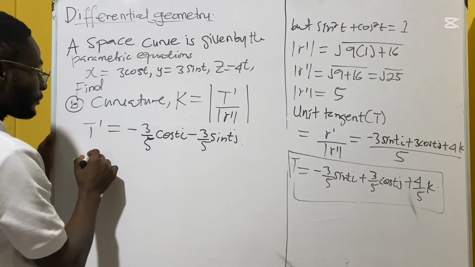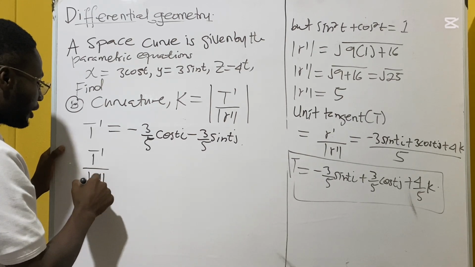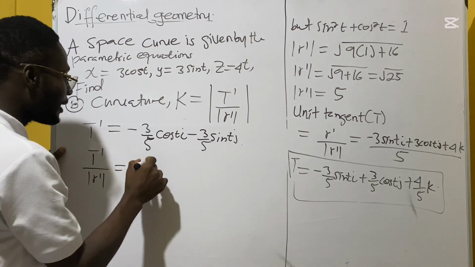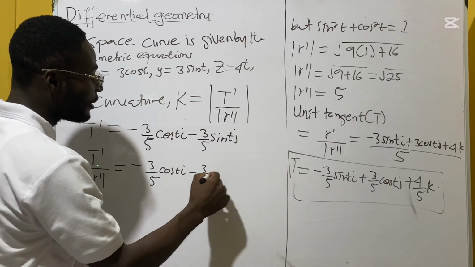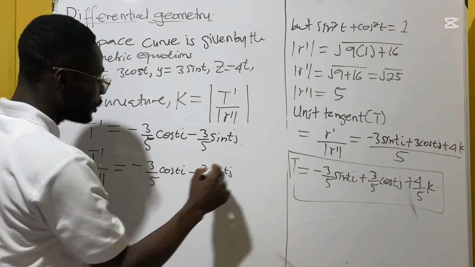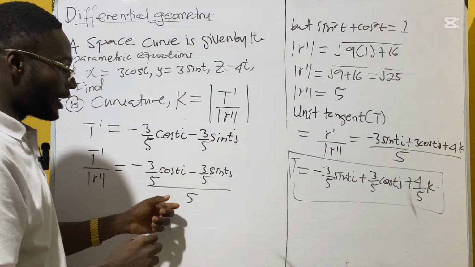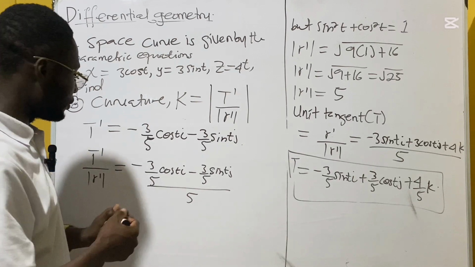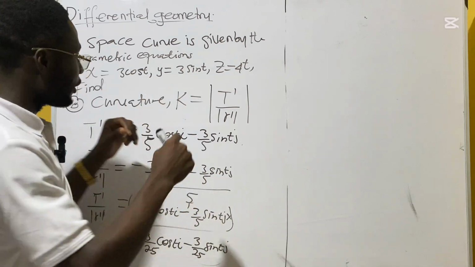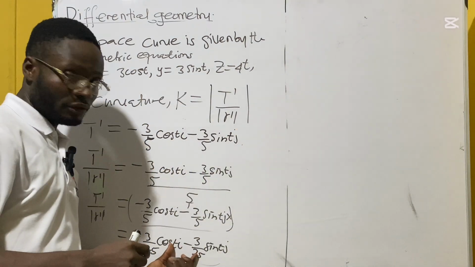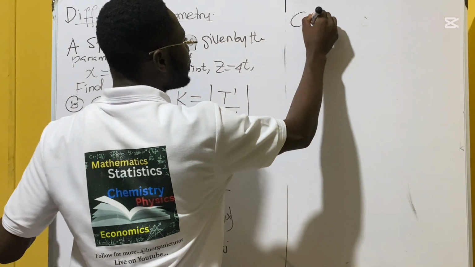So we're going to have the differential of the unit tangent over the magnitude of the differential radius to be equal to negative 3/5 cos Ti minus negative 3/5 sine Tj all over 5. So that is what we have here. So you know that for sure, when you take this, you're going to have the magnitude of the unit tangent. So now let's take the absolute value of the result we are having. When we take the magnitude of that, then we are going to have our curvature